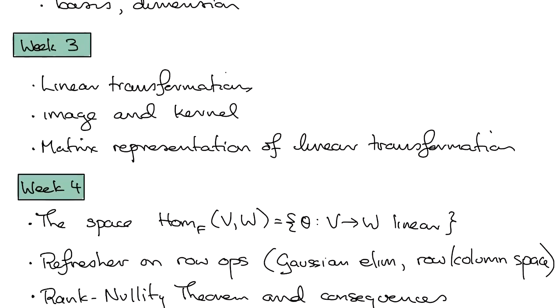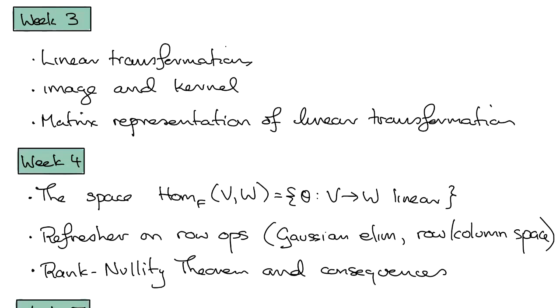That's when, just to get the words starting to flow, you've got two vector spaces and you're looking now at maps between them that preserve the vector space structure. So vector spaces themselves are somewhat kind of static things, and then linear transformations is when you start moving things around, doing things to the vectors. Okay, that's linear transformations, and then there'll be ideas of images and kernels, as there are,